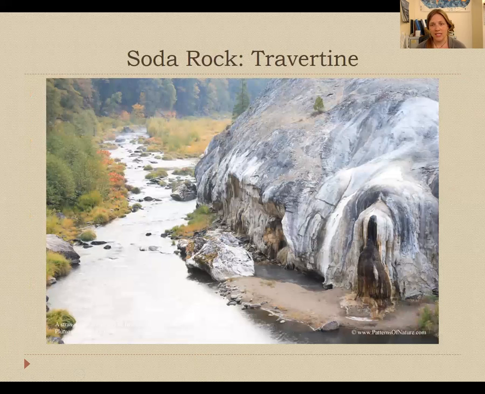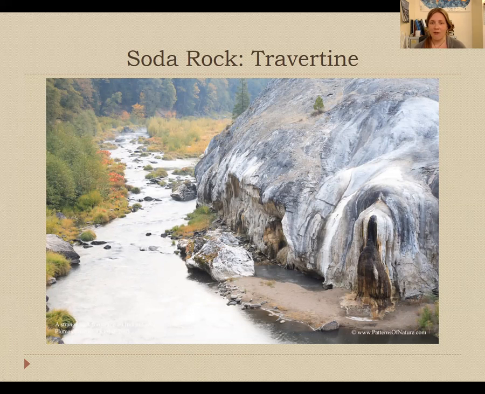So one local example that you may have seen before is called soda rock by some people. And this is a rock that exists along Indian Creek in between the Y and Crescent Mills. And it has some importance to Maidu culture, but it's a notable feature along the side of the landscape. And this is a place where some sort of likely limestone reserve has been dissolved into groundwater, and